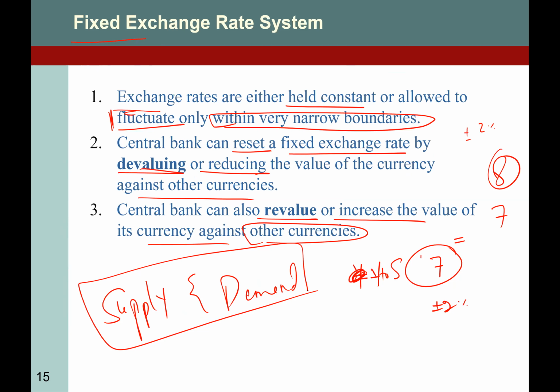If supply increases and you fear that the value is going to decrease, then the central bank comes and tries to adjust where the value should be, in the narrow band as well. If there is no narrow band, then they strictly monitor that the price should be at 7. So who is going to devalue or revalue upward? Market forces of demand and supply? No, the central bank or the government, right?